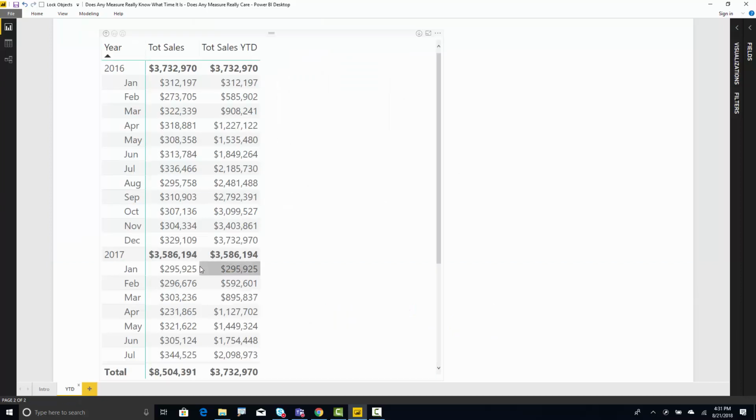I'm going to come over here to this sheet right here. And here we've got a pretty simple table where we've got the year and the month, and we've got the total sales. We've also got this total sales YTD measure on here, right? And if you look at the numbers, sure enough, it seems to be calculating the year-to-date sales for each one